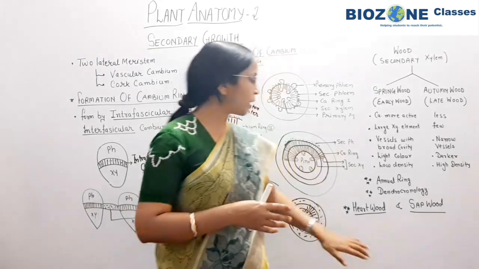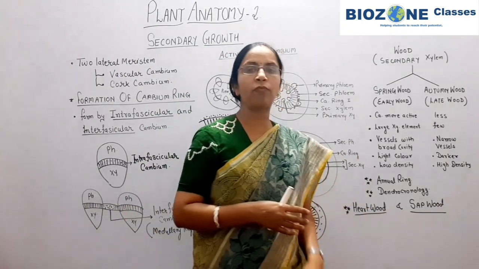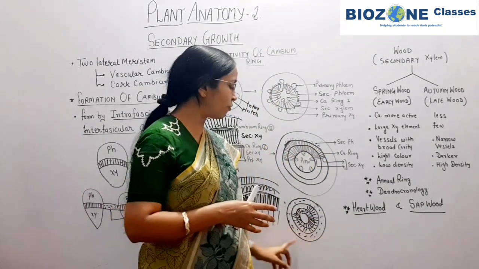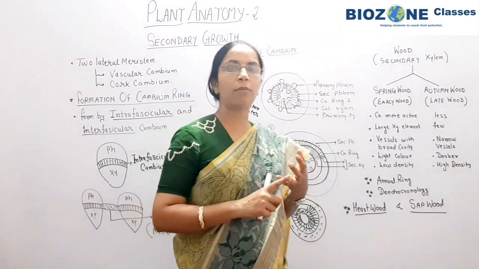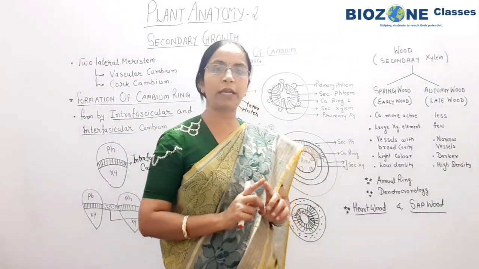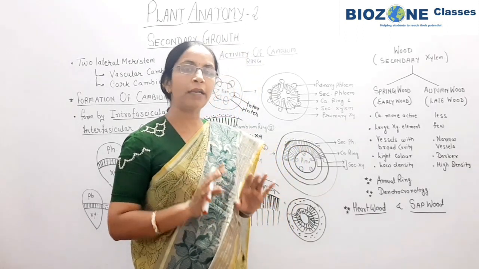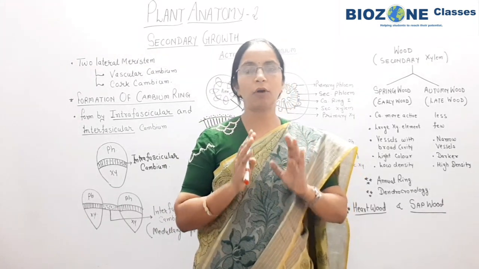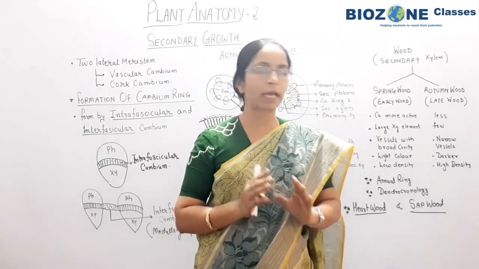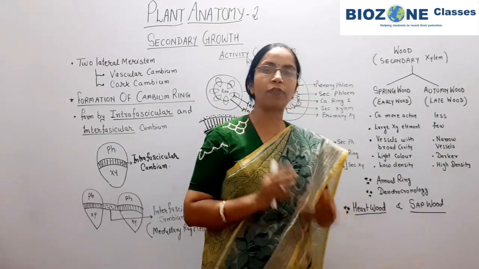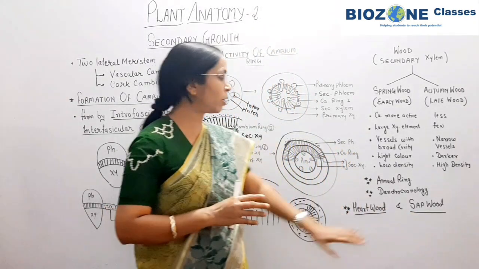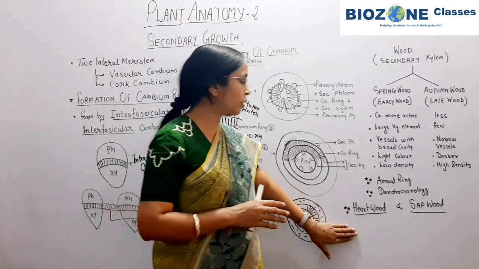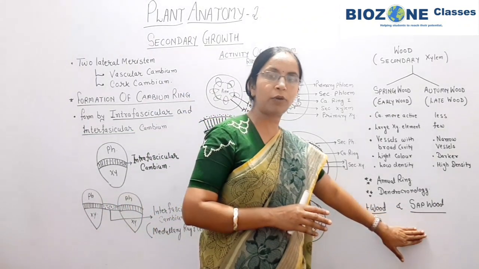Secondly, we come to the sapwood, which means the recent annual rings take part in the formation of secondary xylem. The secondary xylem or wood which is peripherally oriented is recent in origin and is involved in the transport of sap. What is the meaning of sap? Water plus dissolved minerals are called sap. So when it is involved in the transport of sap or water, that wood is called sapwood. In this way, remember, the heartwood is centrally located and the sapwood is peripherally oriented.